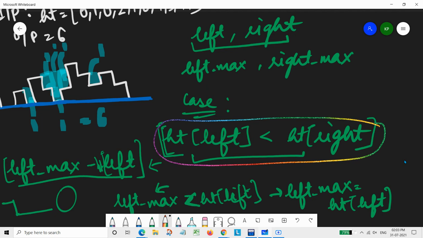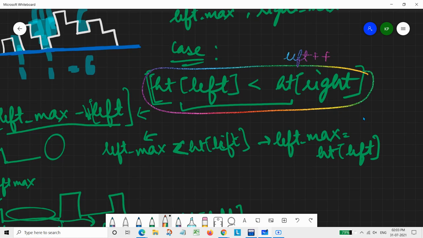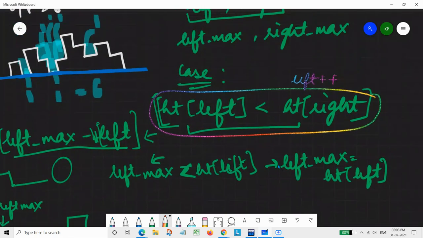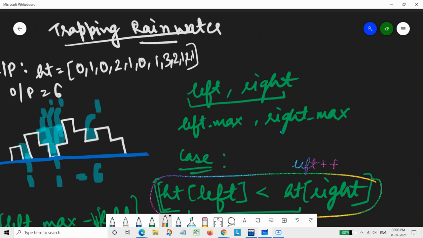And further, in this left portion handling, we will be simply moving our left pointer towards the right. Basically, left plus plus would be there, and in the other case we would be having right minus minus, thus moving the right pointer towards the left. Both of these cases will be handled in our main case, because I said in the starting only that we are doing two pointers.